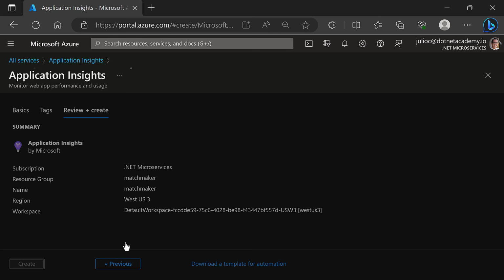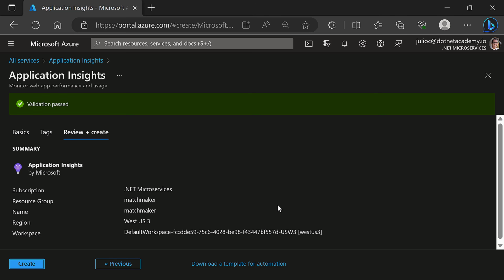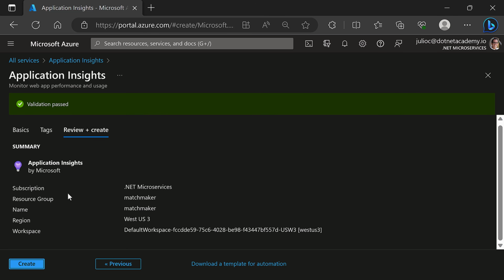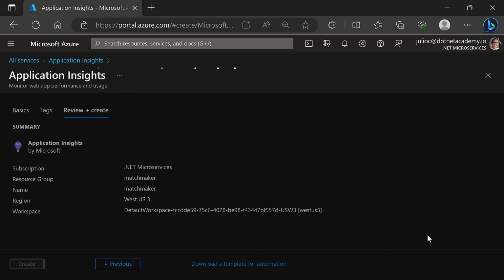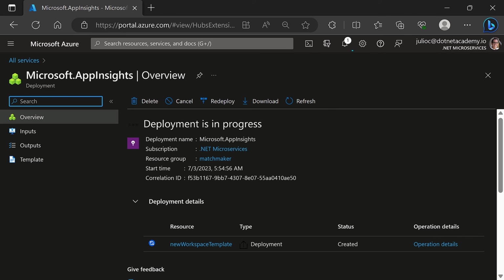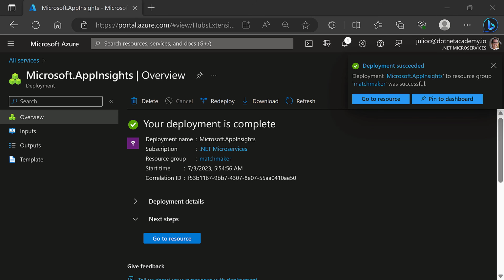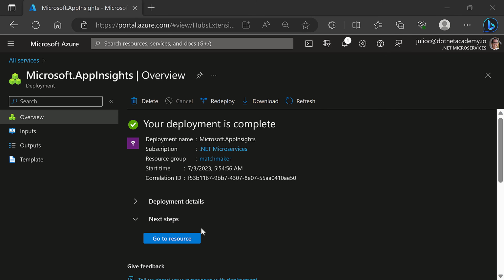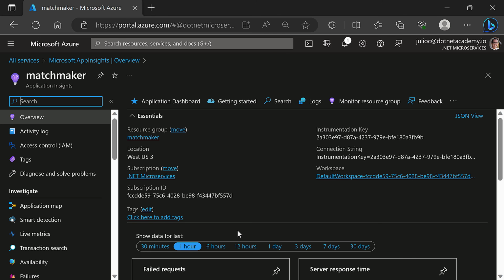So I click on Review plus Create. And once the validation has passed, I'll click on Create. This is going to deploy the Application Insights resource into our Azure subscription, and this may take a few seconds. So let's just give it a second for it to complete. All right, so deployment completed. Let's click on Go to Resource so we can go into the overview blade for our brand new